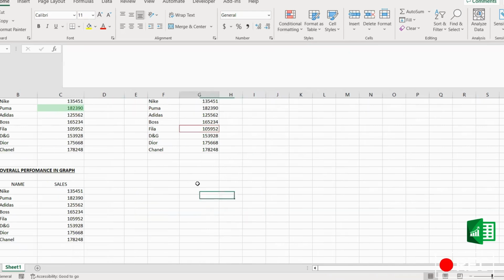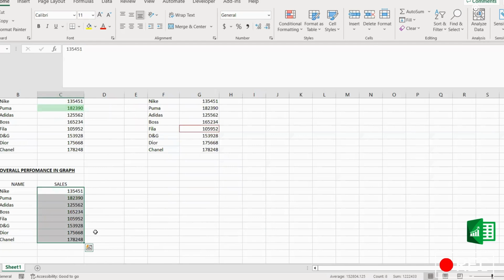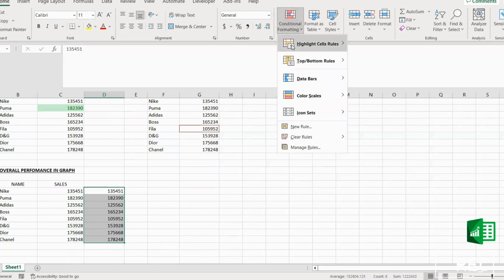And also next, I'm going to talk about a performance graph. From here we can't see any graph of the line items, only figures. I will turn these figures into a graph. What you want to do is copy this and paste. Okay. Then select all the items, go to conditional formatting, data bar,